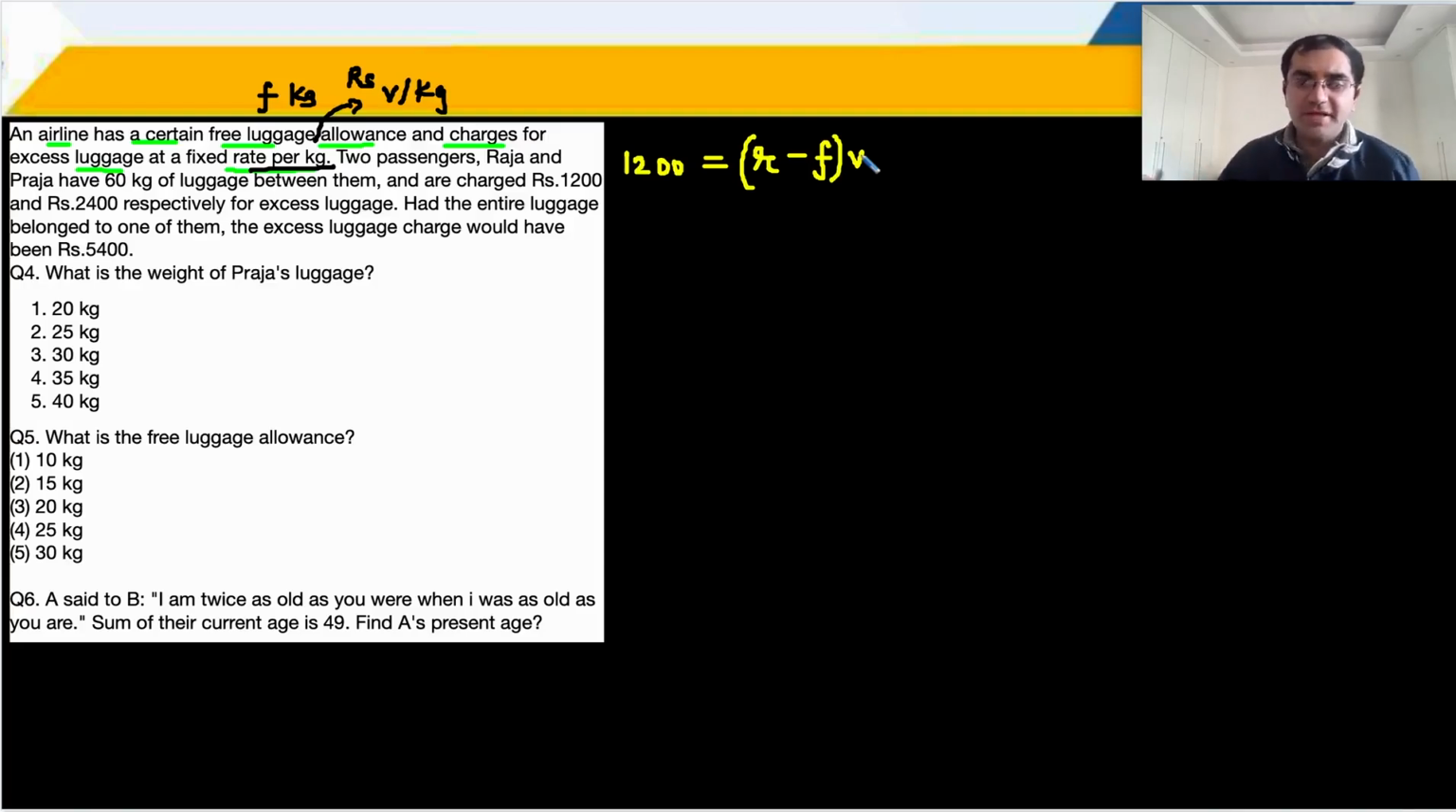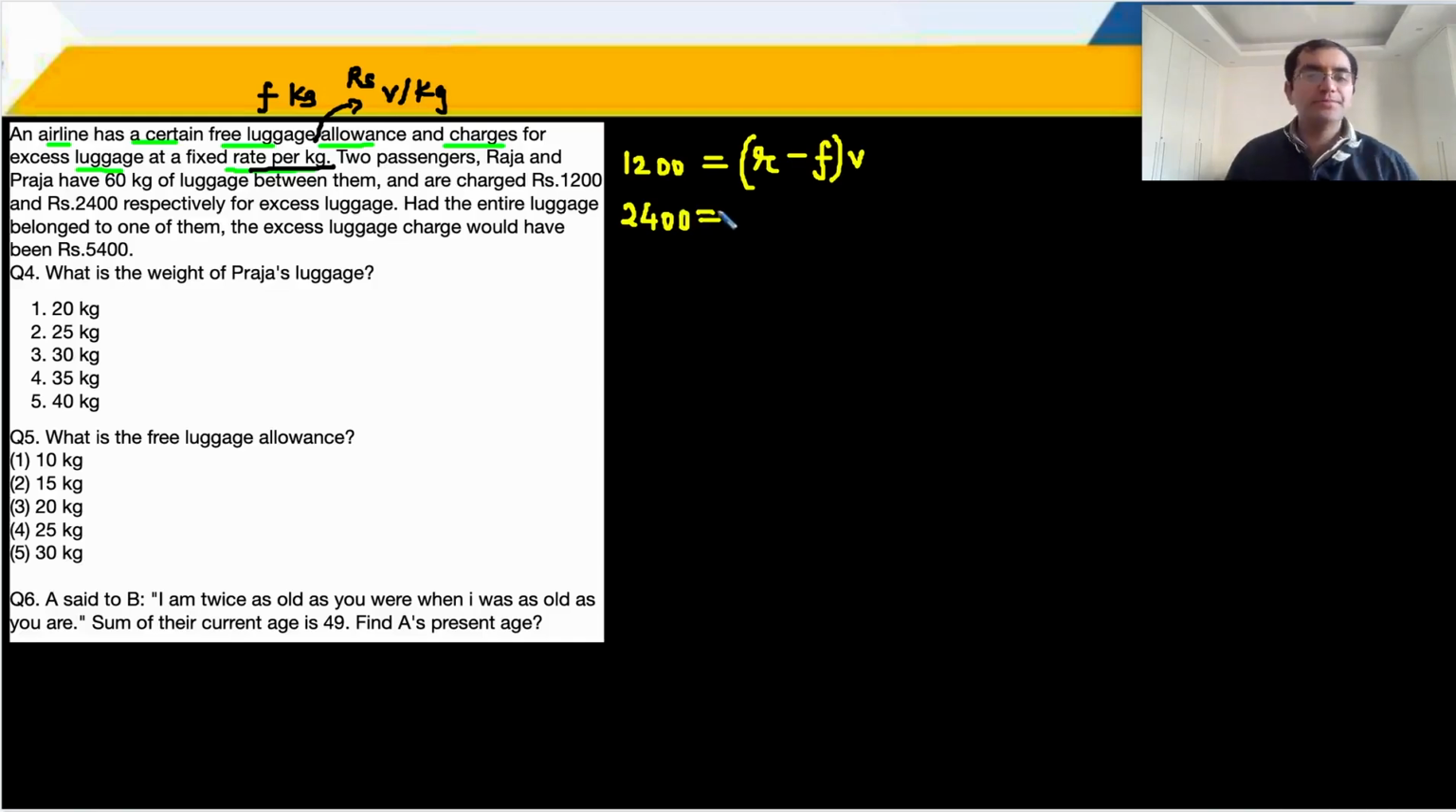Let me repeat that. Out of R kg, he's not charged for R kg, he's charged for R minus F kg because F is the luggage allowance, free luggage allowance. And what is the charge per kg? Rupees V, we have assumed that. Okay. Then you have the other person, 2400